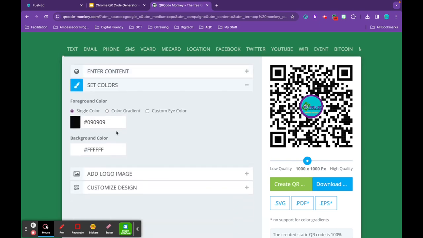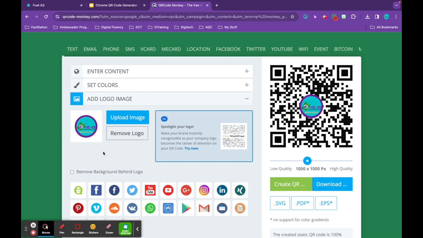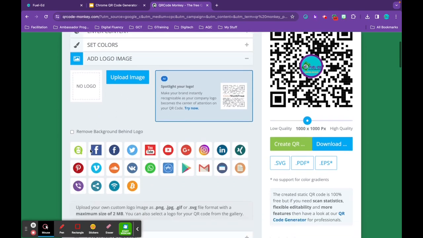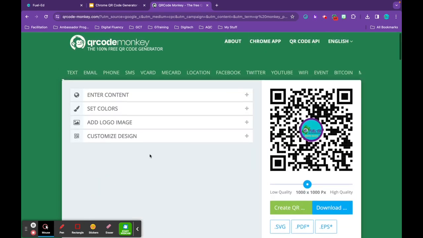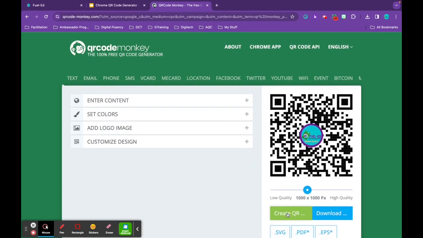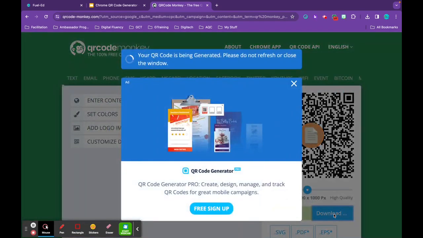Again, I can change my colours. I can change my logo design. I'm going to remove that logo and I'm going to place one of these generic ones that they have here. And I'm going to create my QR code. So again, you can see that the black and white squares have changed. It's got the logo in the centre of a document. And when I download that,